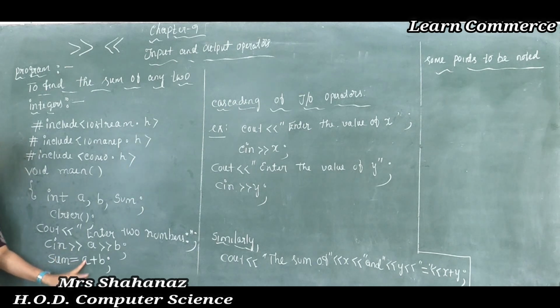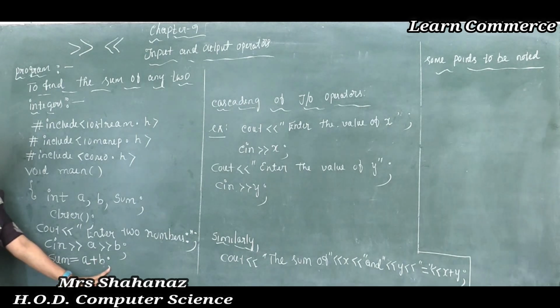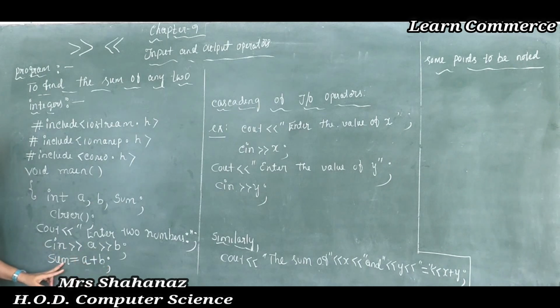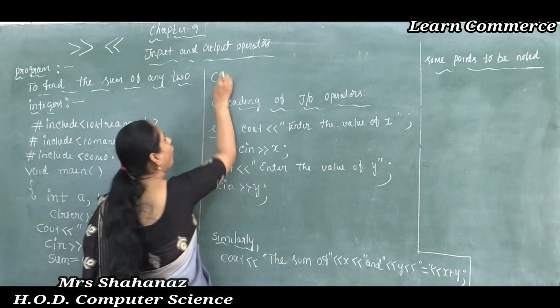The A plus B value, maybe A value is equal to 10, B value is equal to 20, 10 plus 20, the value is 30 here. So such value is going to be added into the variable sum. That means now the variable sum holds the value 30 here. Now whatever the value is, such value I want to show on the monitor.